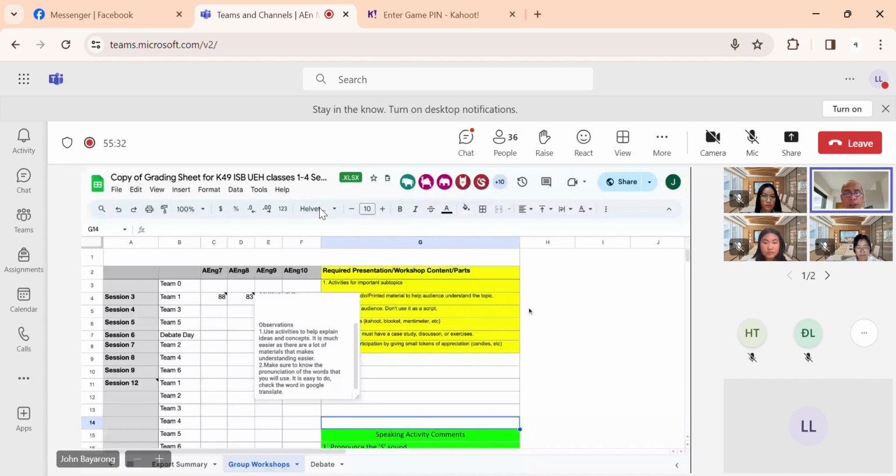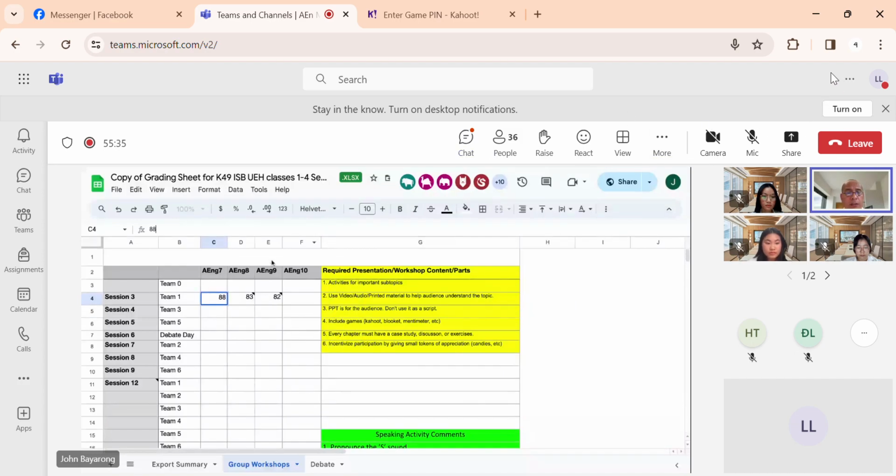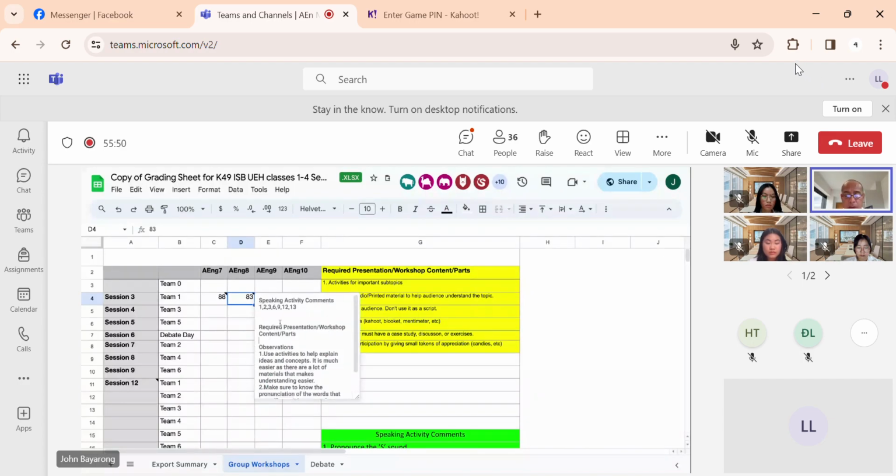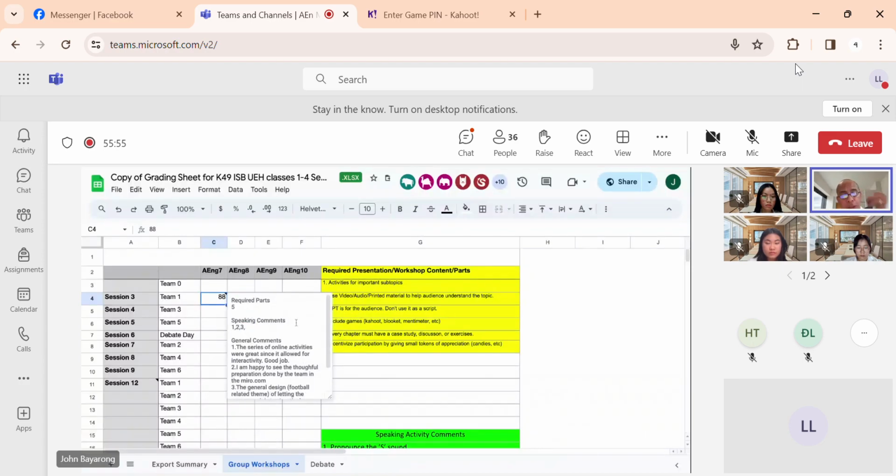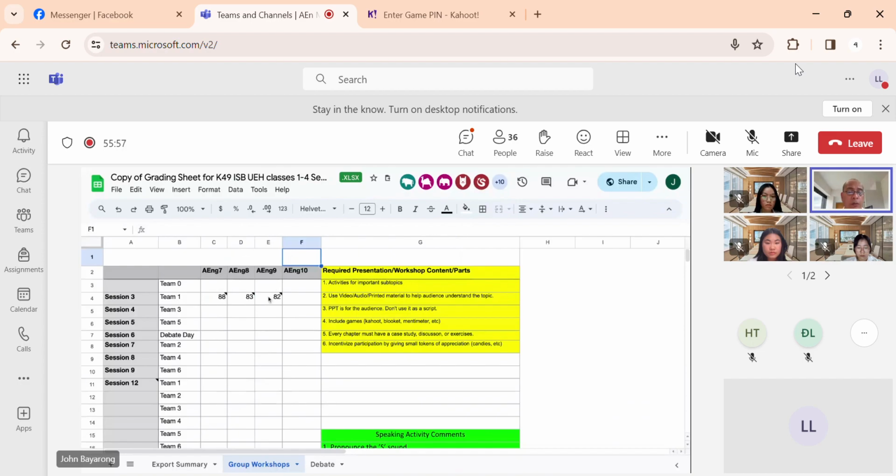Again, you will see the marks of the students here for the different groups, and then the different comments that are made available. You can see already, for example, these things, which help you prepare for your own presentation. That helps you not just in my class but also in your workshops in your other classes, because you get an idea of what can be improved and what has already been done well by one or two of the groups. Does that make sense?